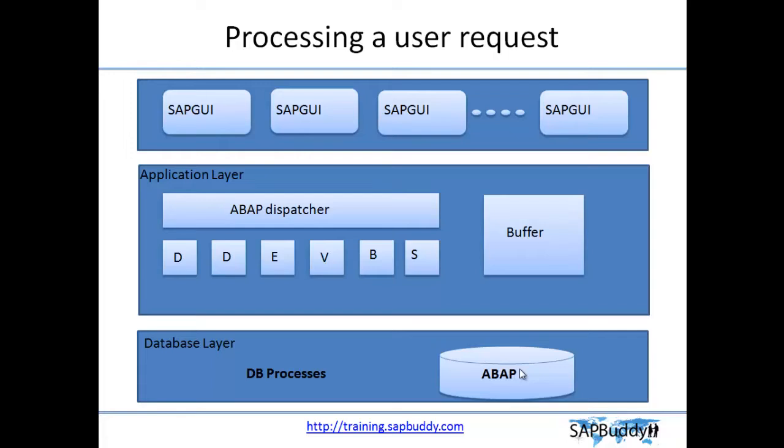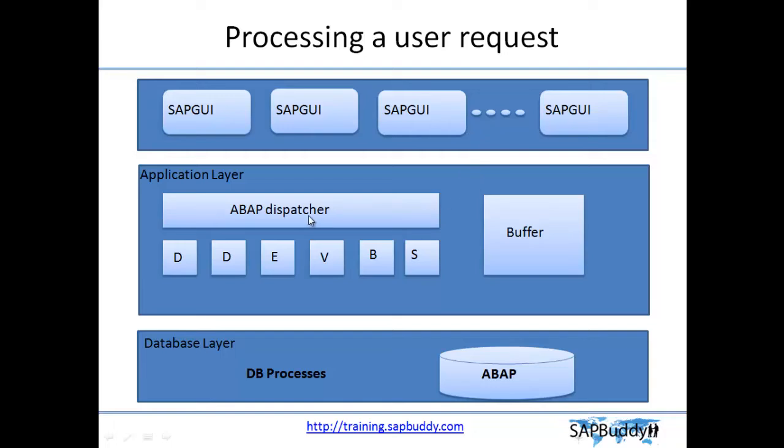Now let us see how the process works when an SAP user executes something in the SAP system. You can see the three-tier architecture of SAP R/3. We have our presentation layer, application layer, and the database layer. The presentation layer is, for example, SAP GUI or the web GUI. As we have seen, when a user logs into the system, it will go to the message server,